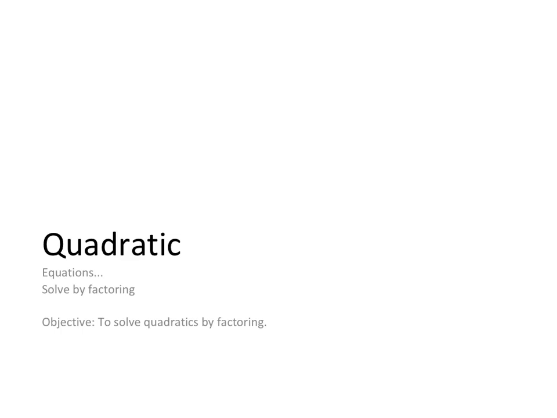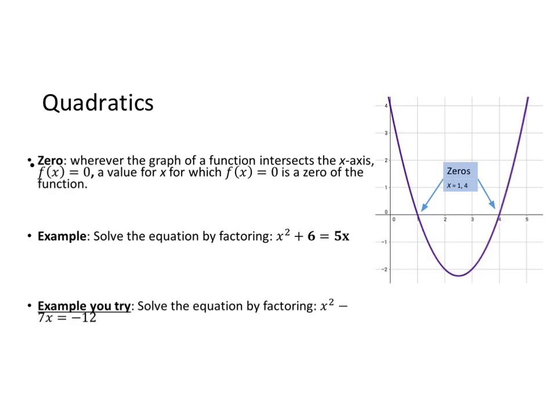We will solve quadratics by factoring. A zero is wherever the graph of a function intersects the x-axis, meaning f of x equals 0. A value for x at which f of x equals 0 is the zero of the function. So if we note in our picture, we have a parabola, and we have two places where our parabola crosses the x-axis. They're located at x equals 1 and x equals 4. We call that